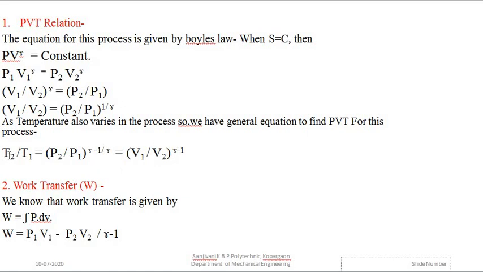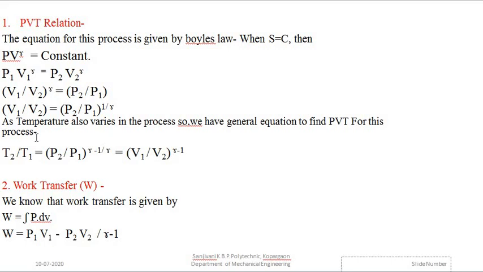That is T2 upon T1 is equal to P2 upon P1 to the power gamma minus 1 upon gamma, that is equal to V1 upon V2 to the power gamma minus 1. So this relationship gives the ratio of temperature, pressures and volume with each other. This is the generalized equation giving the relationship between the pressure, volume and temperature. We can equate any two ratios and find the unknown parameters in terms of pressure, volume and temperature